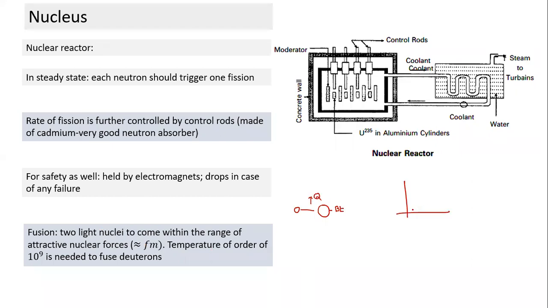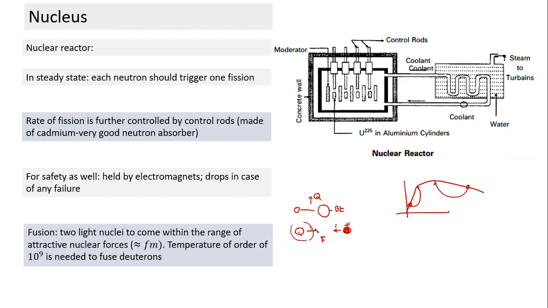So in the case of fission, it moves from here to here, from lower binding energy to higher binding energy per nucleon. In the case of fusion, it also moves from lower binding energy to higher binding energy per nucleon. For it to happen, if there are two nuclei at a certain distance, they will experience a force of repulsion. This is the electrostatic force of repulsion, between the orbiting electrons, and also, as they come closer, between the protons as well.